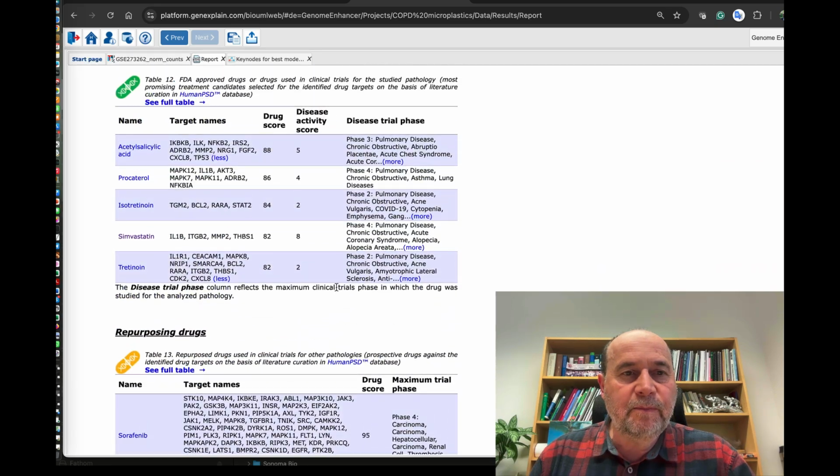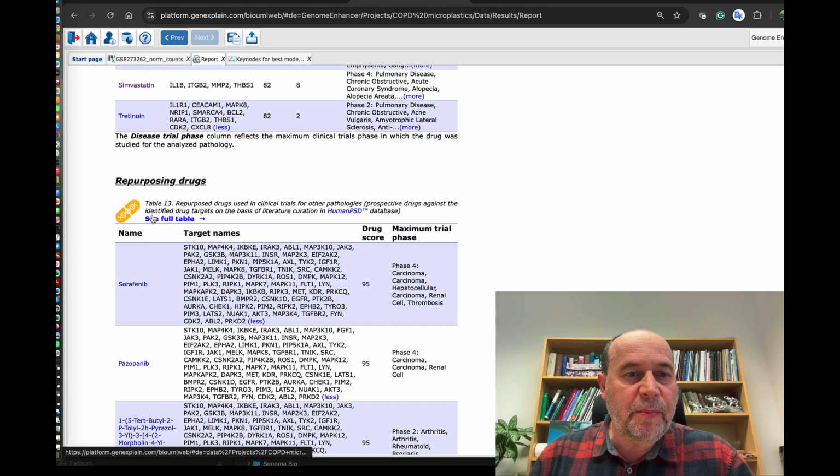Basically, then the program gives a report of potential drugs, which are actually used in the COPD context. And it gives a priority of those drugs in the case of COPD exacerbations which are triggered by the treatment or by inhalation of microplastic.